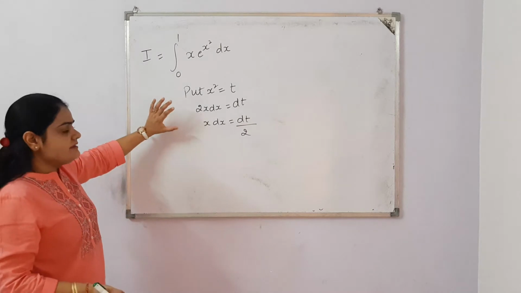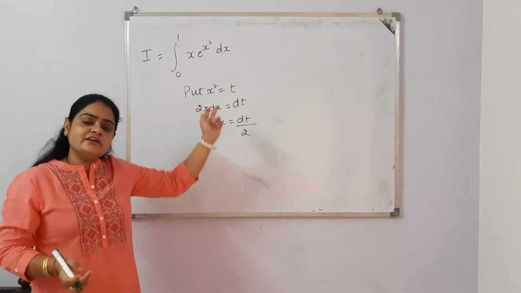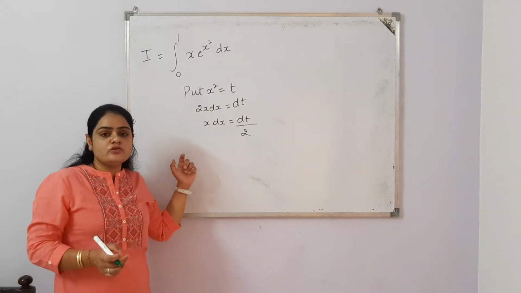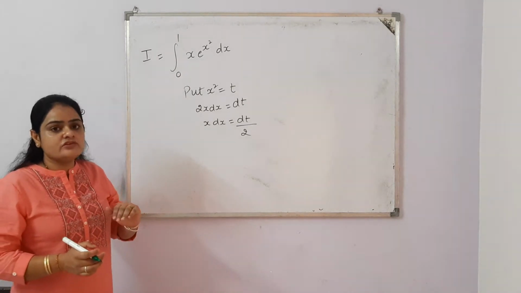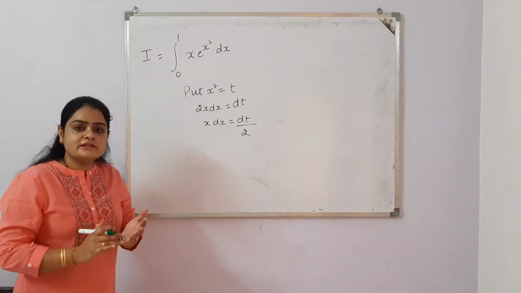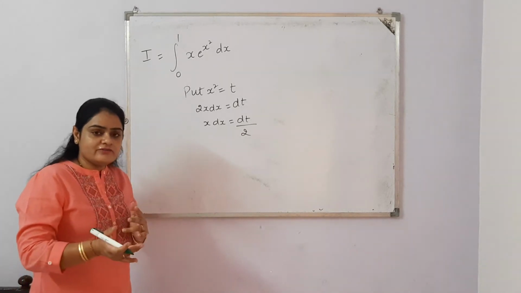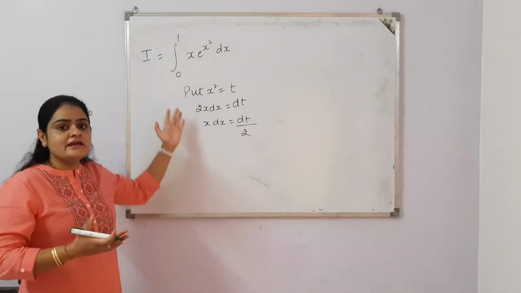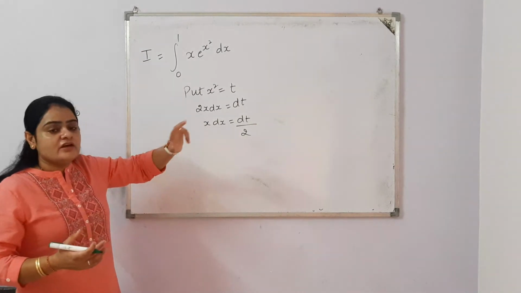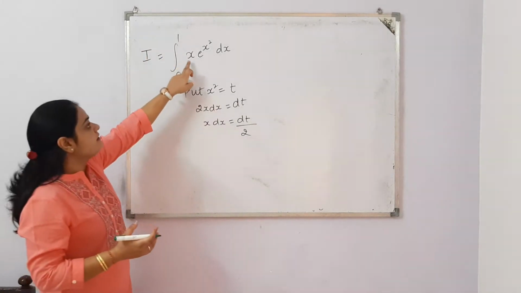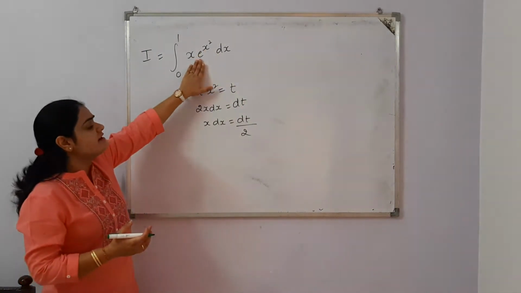Now the main thing is that the derivative should be available; the function can or cannot be available. I already told you in previous videos that the function can be available or cannot be available in the question, but the derivative should be available. According to the derivative, we can assume the function, or if it is given, then we can directly substitute and change. So it depends upon your derivative. Here x dx is available, and the other function is e raised to power x.